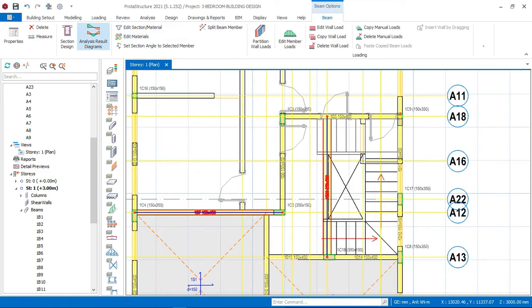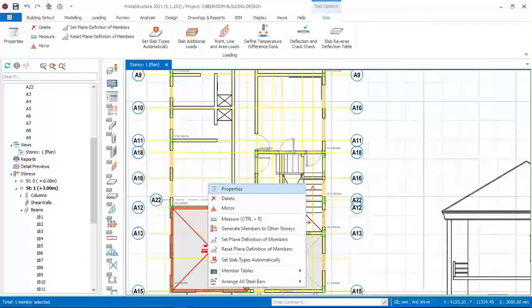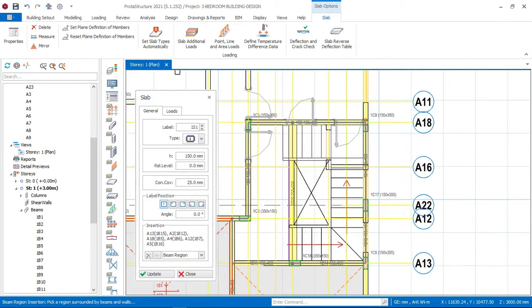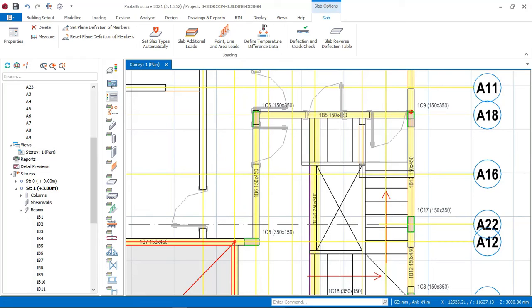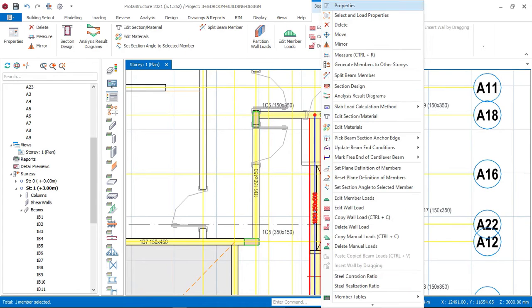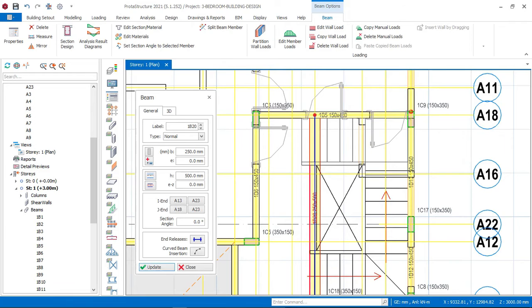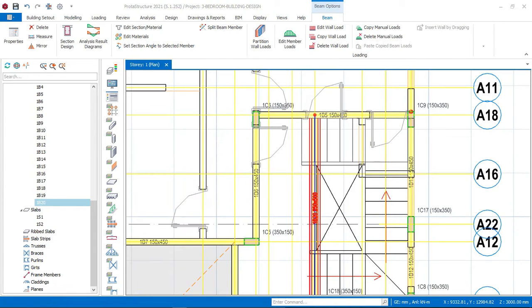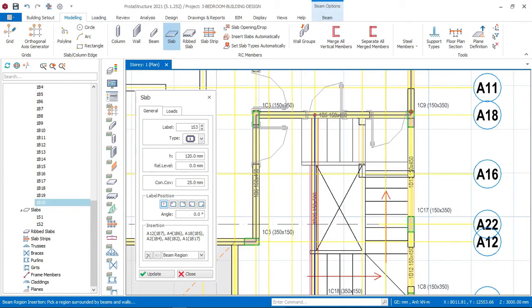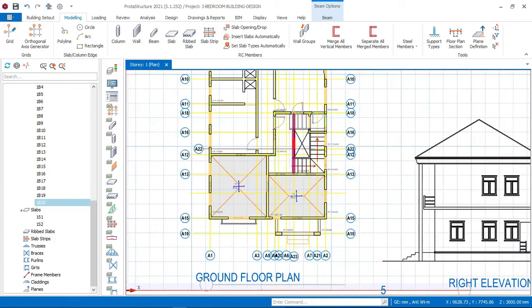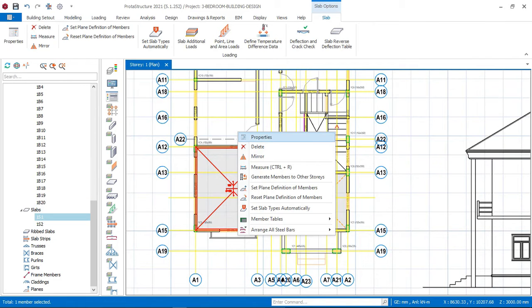I will now go back to this place, click on my slab and right click and say properties, and take that slab properties and then come here. Go back here, click here and change the beam properties to what we have it as 150, 150, and update. Okay, and then I will go here and click on slab and then input my slab. I'll right click on one of the slabs here to take the slab property which I've already set before, and then